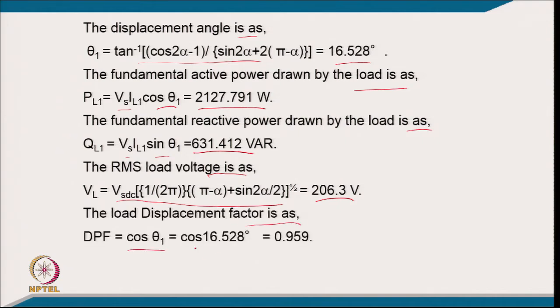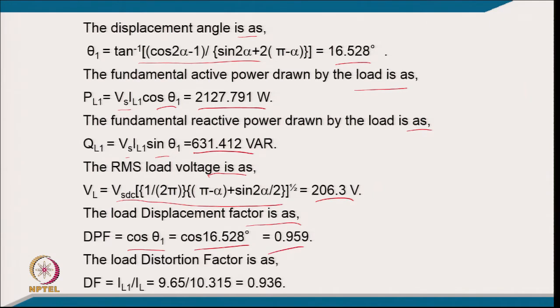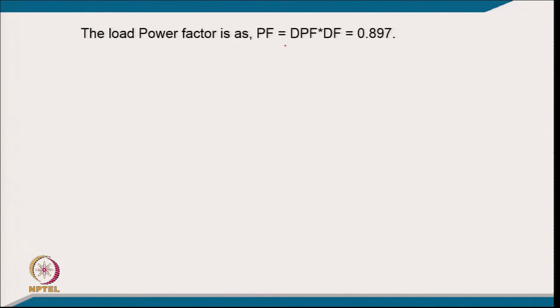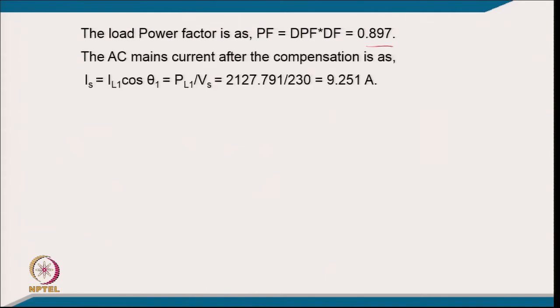be cos theta 1. So, that is typically the value. So, it comes 0.959, that is corresponding to the reactive power drawn, and the load distortion factor we can find out as the fundamental current divided by the load RMS current. So, putting the value it comes 0.936, and the power factor is DPF multiplied by DF. So, putting the value of both, it comes 0.897, and the AC mains current after the compensation is IL1